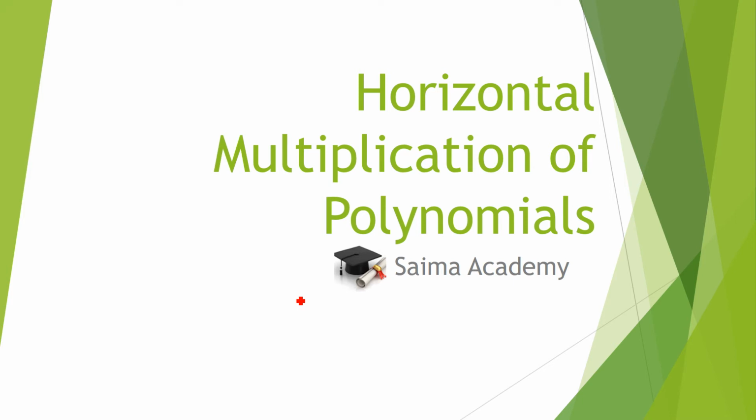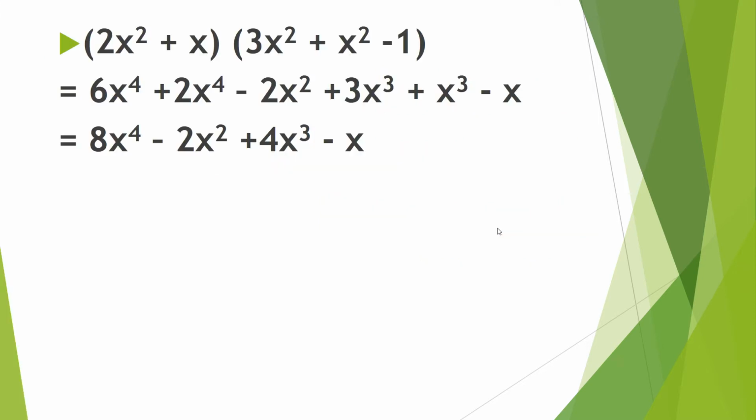In this lesson, I will explain to you the concept of horizontal multiplication of polynomials. So these are the two polynomials. This is a binomial because it has two terms, 1 and 2, and this is a trinomial, it has three terms, 1, 2 and 3. So here we are learning horizontal multiplication, and this is a binomial, so there is no sign